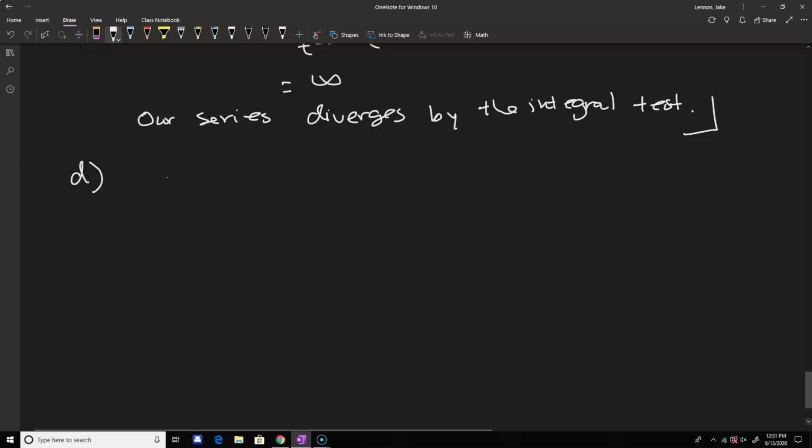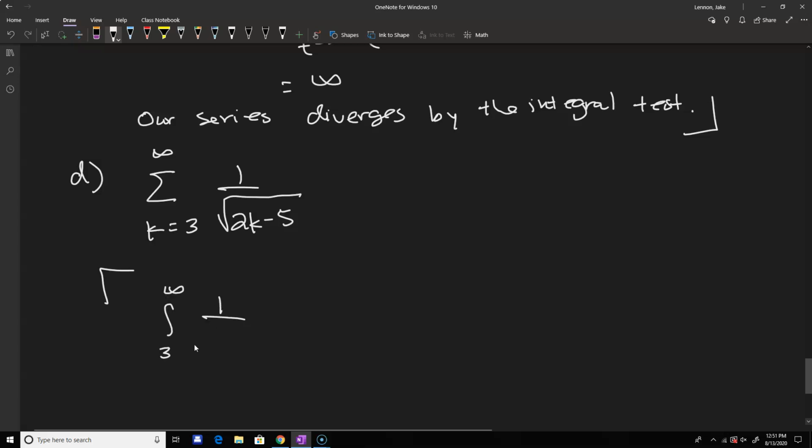Okay, let's look at another. Let's say the sum from k equals 3 to infinity of 1 over the square root of 2k minus 5. So what's going on here? Well, again, we're just going to compare it. Since our series starts at 3, we'll just start our integral at 3 as well. So we're just looking at the integral from 3 to infinity of 1 over the square root of 2x minus